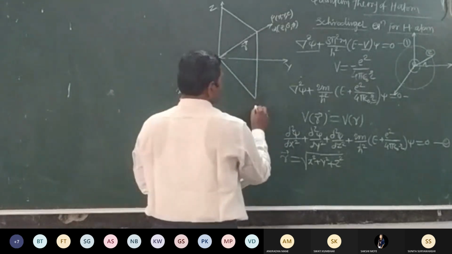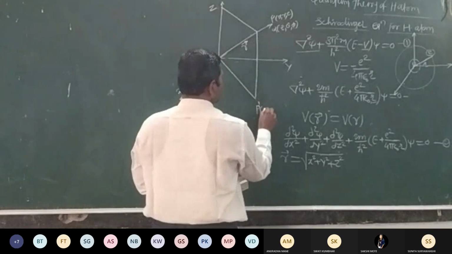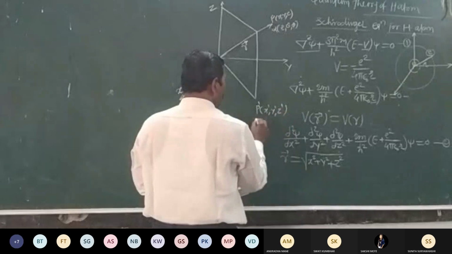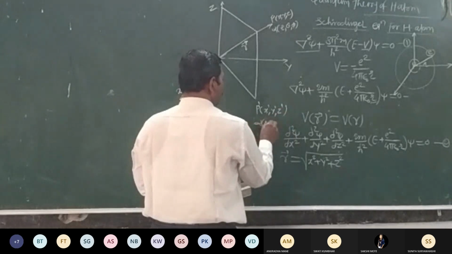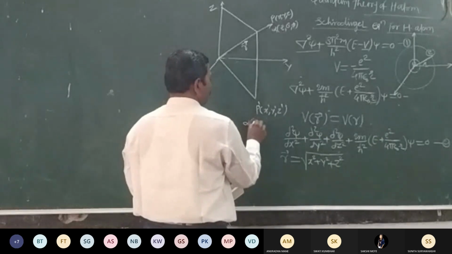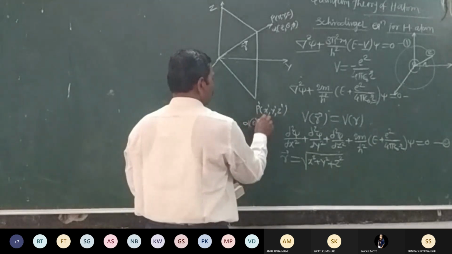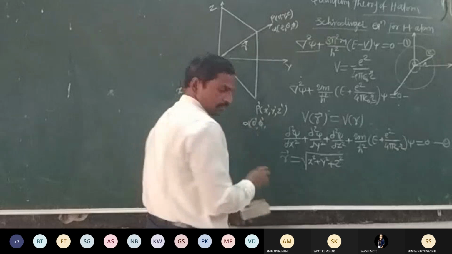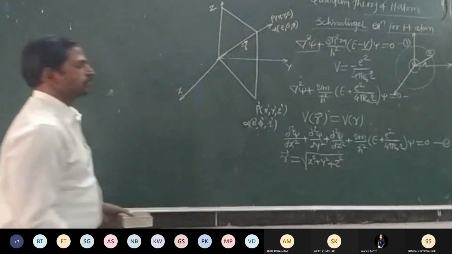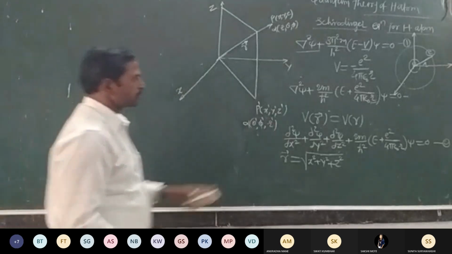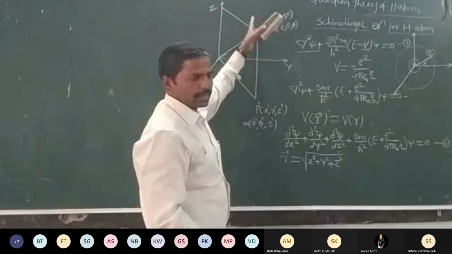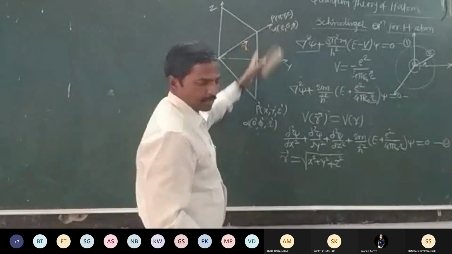And this point is P dash of x dash comma y dash comma z dash, or r dash, theta dash, phi dash. It means that this point is the mirror image of this point. Okay, then